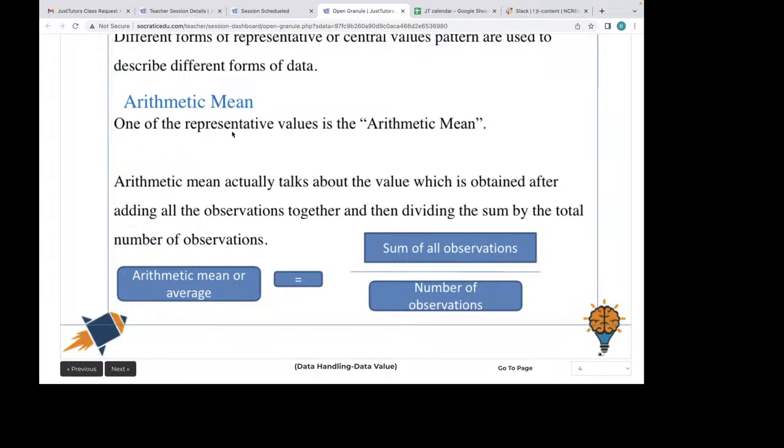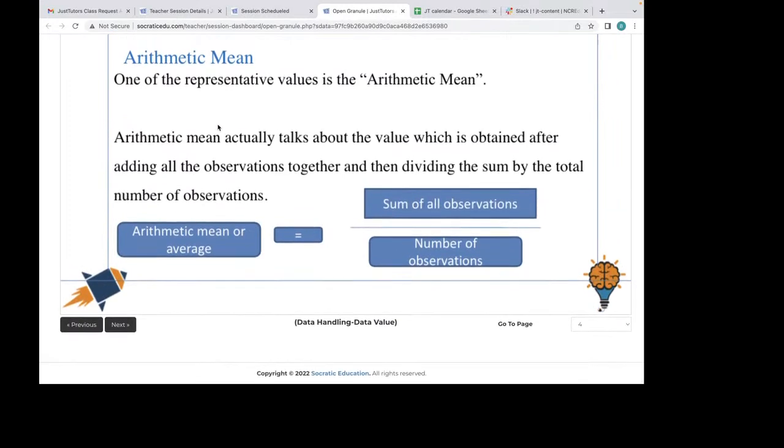Okay, so arithmetic mean actually talks about the value which is obtained after adding all the observations together and then dividing the sum by the total number of observations. Okay, so what do you understand from this? We first have to add all the observations and then we have to divide the sum by the number of